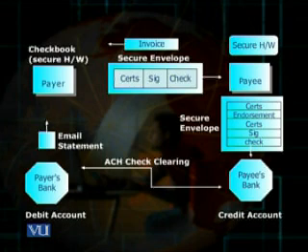And then again, the payee would use the secure envelope concept. That means that all this information would be encrypted with the symmetric key, and then the symmetric key would itself be encrypted with the payee's bank's public key, thus creating a secure envelope. This secure envelope would be delivered to the payee's bank. The payee's bank would again do the verification. It would look at the certificate, it would verify the endorsement,